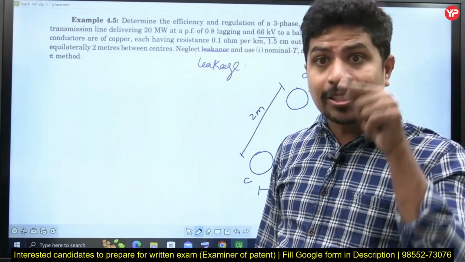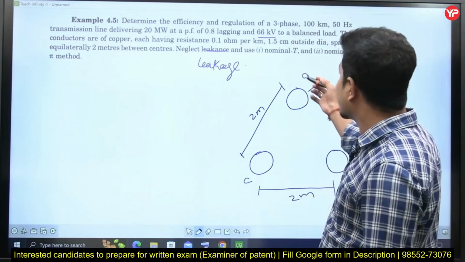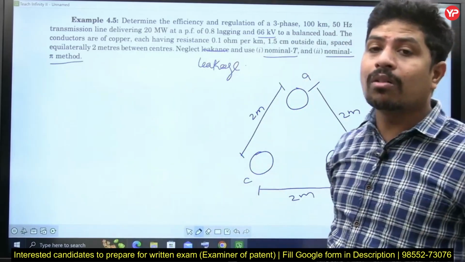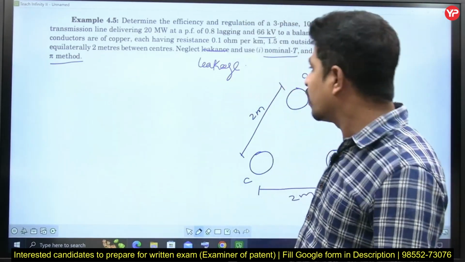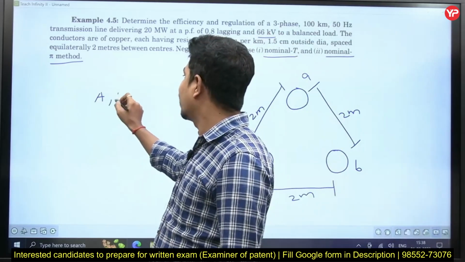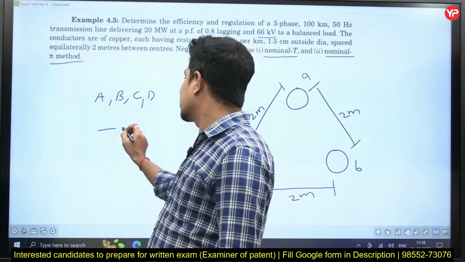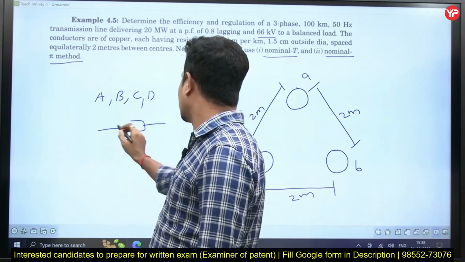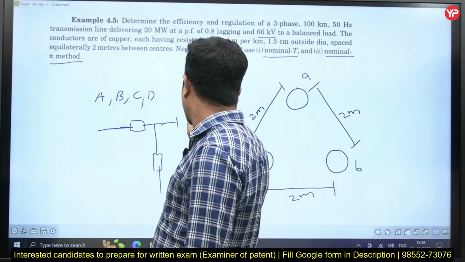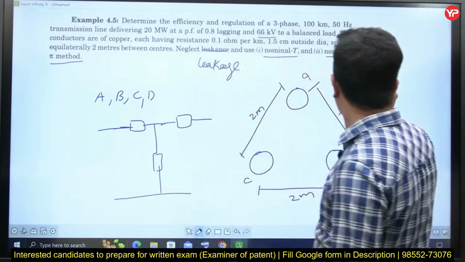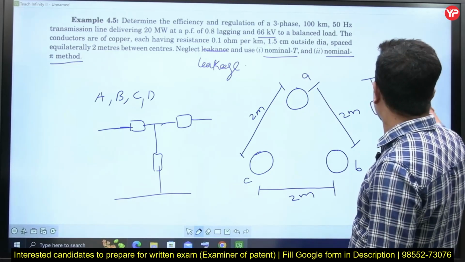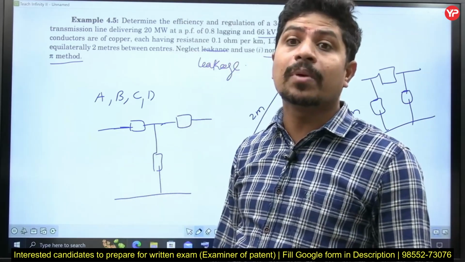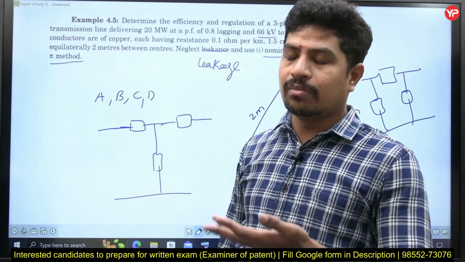Inductance per phase and capacitance per phase also we have to calculate. Then he is asking us to take the nominal T method one time and the nominal pi method one time. And by taking all this, he is asking us to find regulation and efficiency. If you want to find regulation and efficiency, one must have ABCD parameters. This is a nominal T model, and another is the pi model. You know how the pi model looks. This is a pi model, right? Find the ABCD parameters. Once you have the ABCD parameters, use them for finding voltage regulation